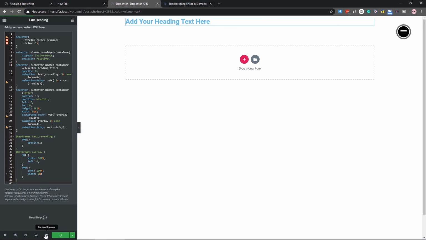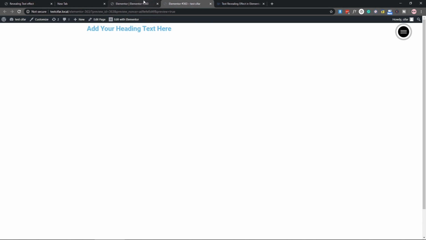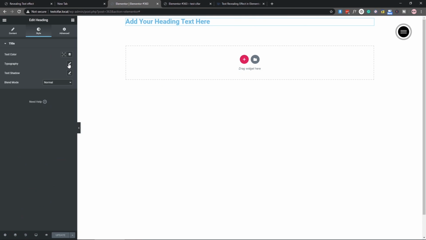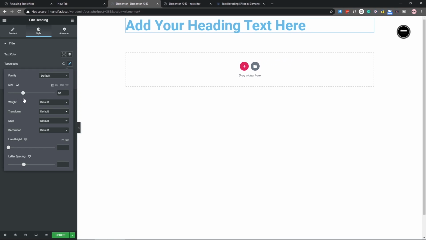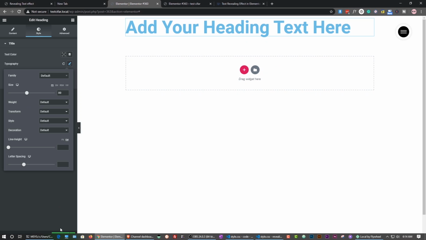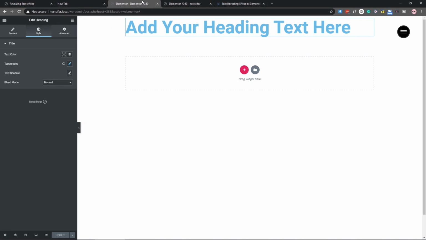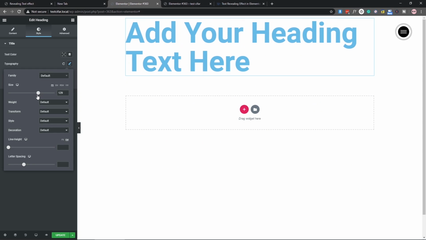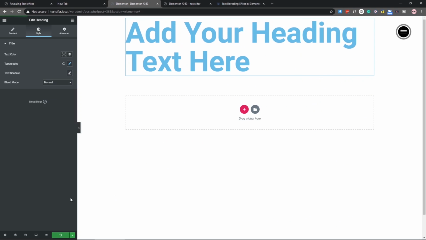If I update and preview that, now as you can see, if I increase the size of the text, it's also perfectly working. Update, and if I come here, perfect. So for the last thing, I need to show you. If I increase the size something like that, and if I update,